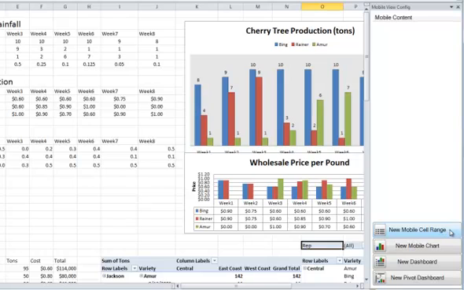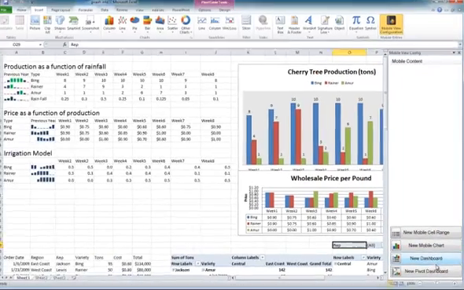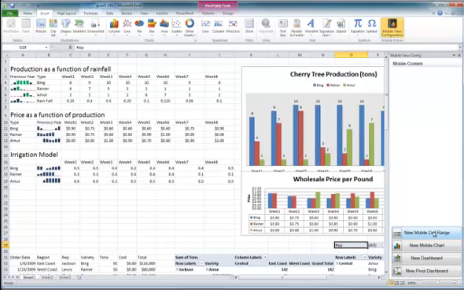One is called a mobile cell range. The next is a new mobile chart. There's dashboard, and there's a pivot table dashboard. So we'll go through these one at a time, and it'll be clear what it is that they do. So let's start with a mobile cell range,